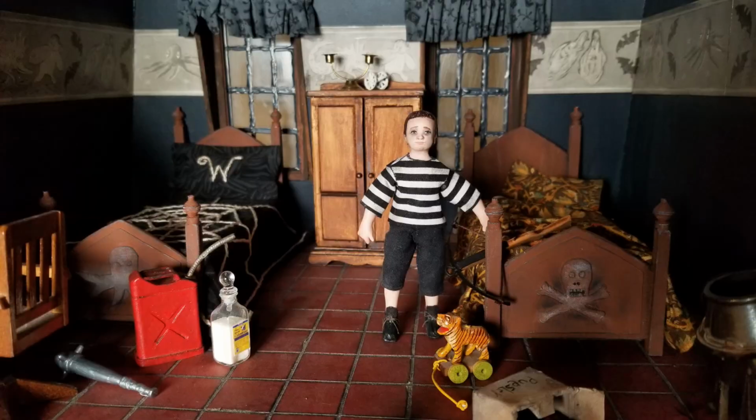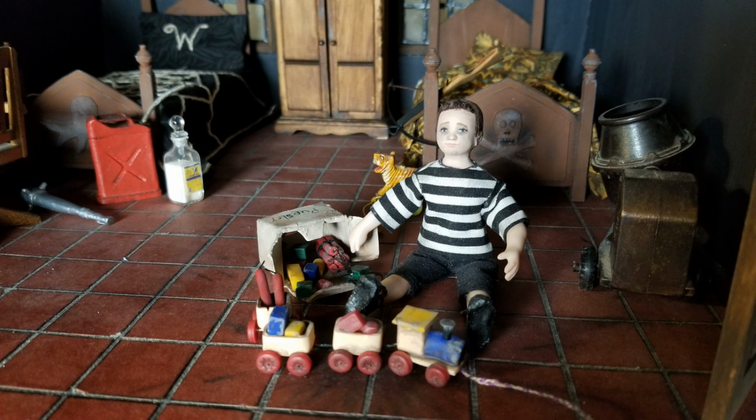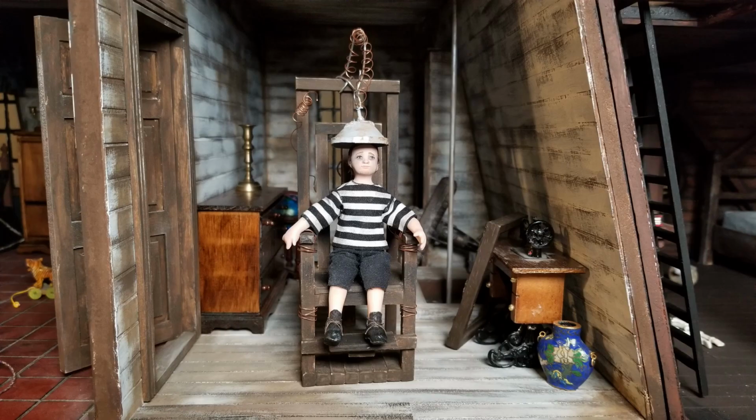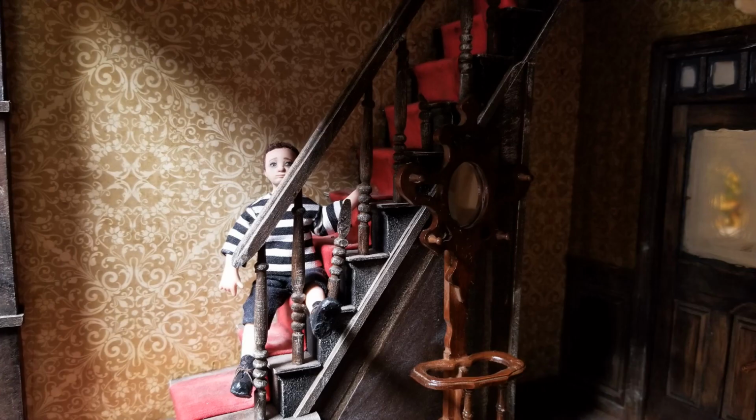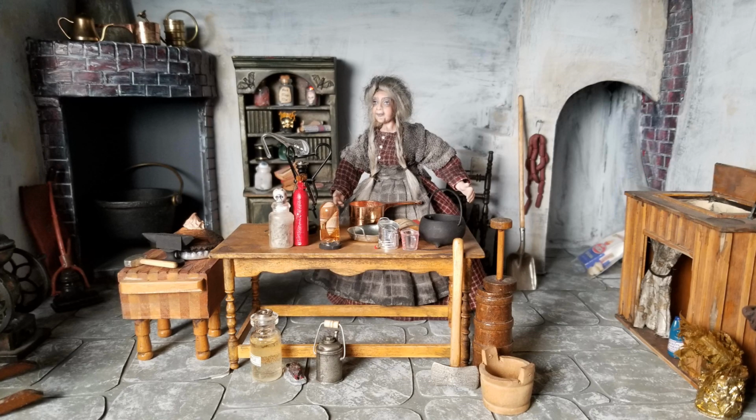So we're only missing 3 family members, which is crazy because I felt like making dolls for this project was such a daunting task, and now I'm all of a sudden past the halfway mark. We only have 3 members left to make. Probably next will be Gomez next time I make a doll, and then Morticia and Wednesday. I'm guessing that's probably going to be the order that I go in, but yeah, I'm excited to see how